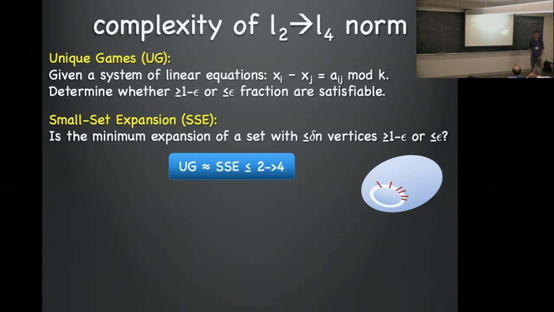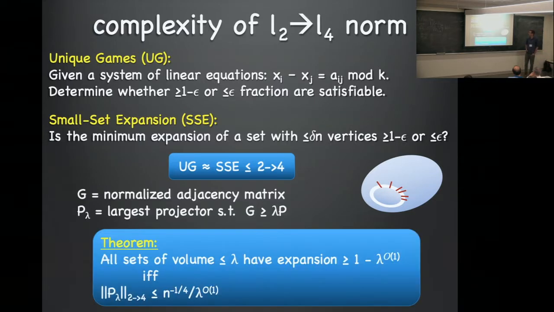For small set expansion, you don't want to partition the graph in 2 with 2 large sets. You want to have one really small set that's distinguished from the rest. And so you want to play a little bit of this eigenvalue game, but you want to bias the optimization towards vectors that are very concentrated on a small number of entries. And that's precisely what the 4 norm is good at doing.